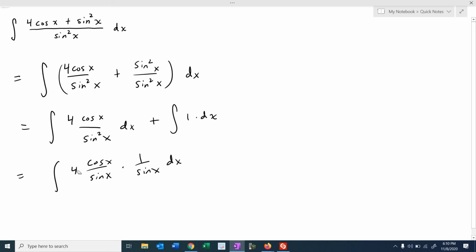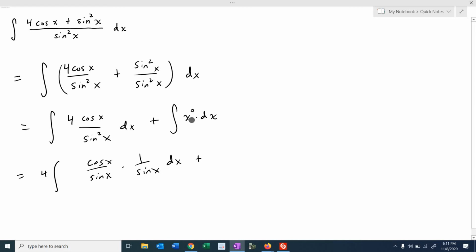And remember, you can pull this constant outside the antiderivative operator. So let's pull that out front. Then the antiderivative of 1 is equal to x, and we know that because the independent variable is x here because of the dx. Now, if you want to rewrite this as x to the 0 power,